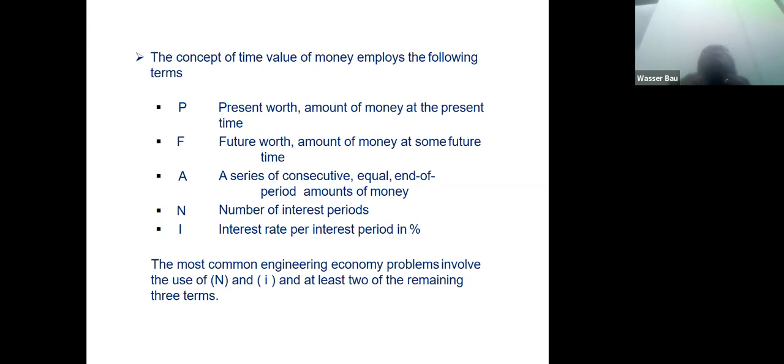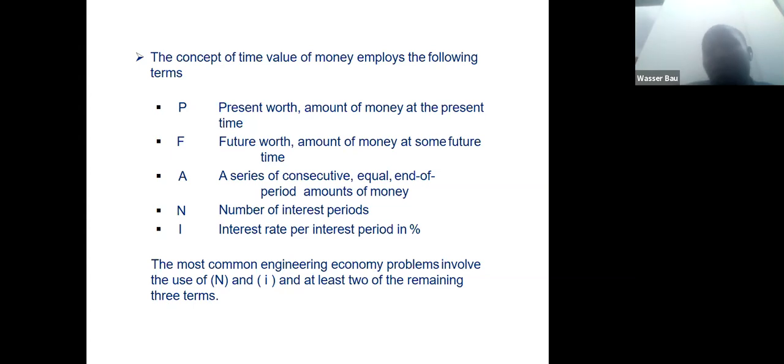The next thing we're going to look into, talking about the concept of time value of money, is the terms we are going to be applying for our calculation. By the way, most of what we'll be doing today is calculation. So I'm just using this 1 hour to lay the foundation. So just be patient with me. Very soon, because when we say cost, it has to do with calculation. So we're going to do a lot of calculations. Okay, now